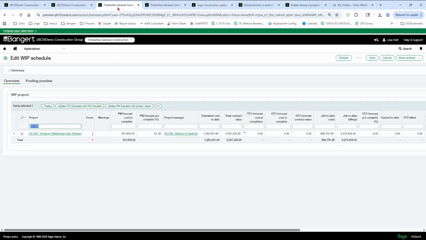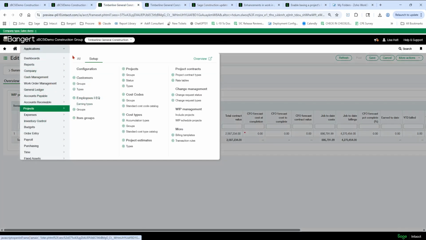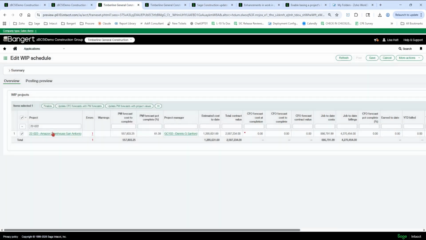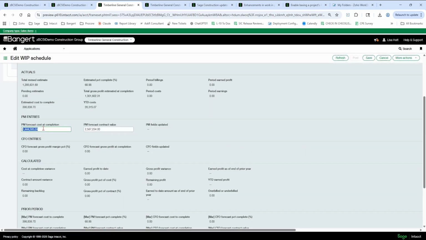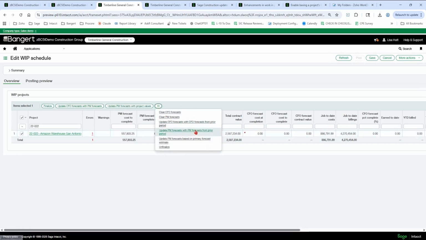So over in the actual WIP schedule, under projects, WIP schedules, right here, for 22022, if I look at the details, here is the PM forecast cost of completion at 1.444 million. Okay, so in order for this to work, you have to click on update PM forecast based on primary forecast estimate.